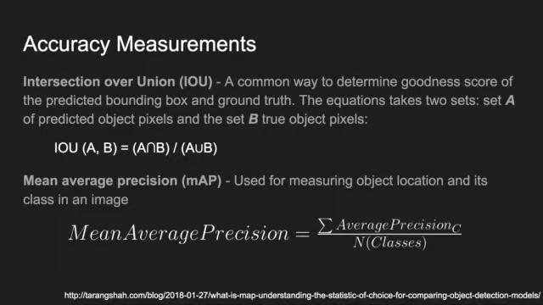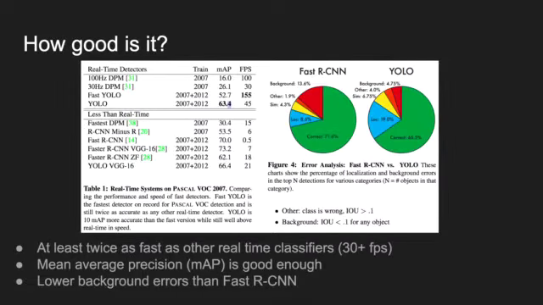And then the mean average precision is used to measure how well a particular algorithm scores, averaged across all the classes that it's able to detect. So those are two measurements. So how good is it? Well,